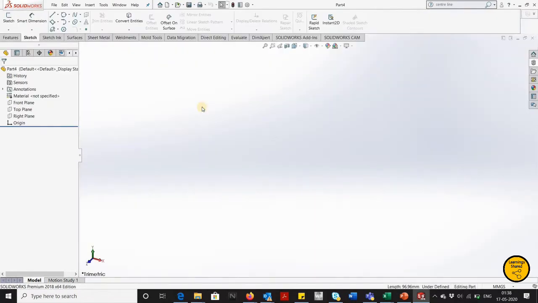So this is my SolidWorks user interface. This is the Sketch tab. It is opened, and here you can see all the commands which come under the Sketch tab. So here is the line option which I am going to show you today. It has three options. In line also there are three options which I'm going to explain now. Before that, we first have to select the plane on which we will draw the line.